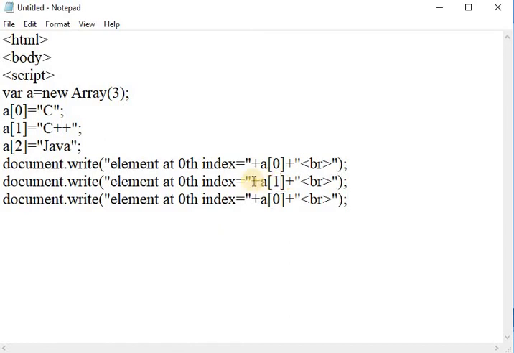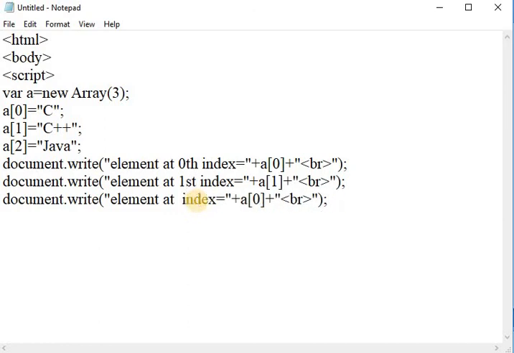After that, for the first index, the value is C++, and for the second index, A of 1 and A of 2. After that, close the script tag, close the body tag, and close the HTML tag.